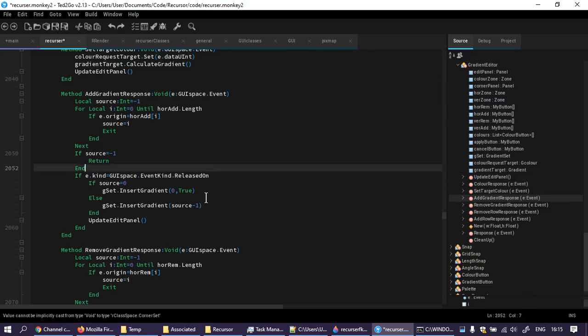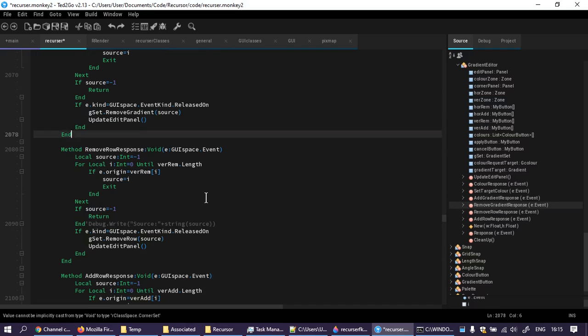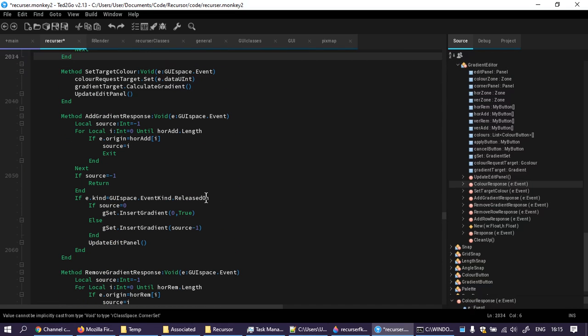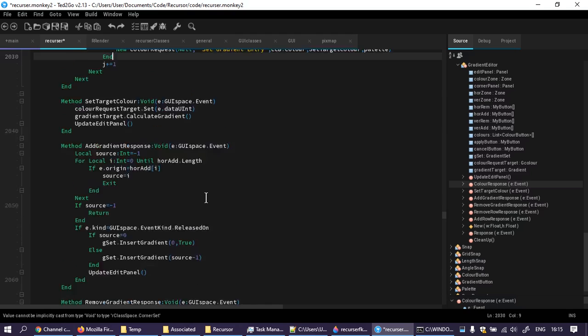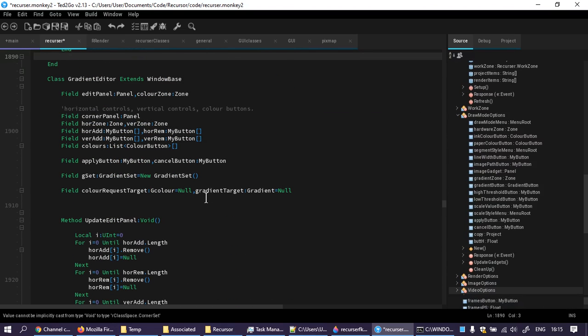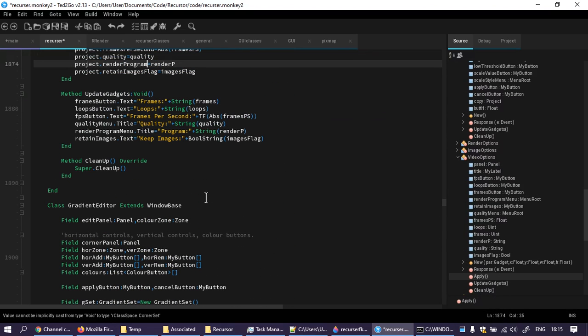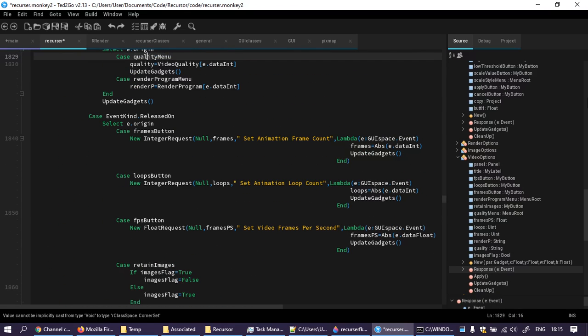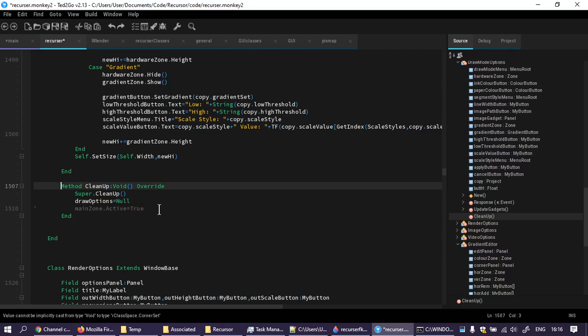There is a bit of logic, I can just put a bit of logic in, because this gadget belongs within the recursor entirely. I can put a bit of logic in that says, check and see if there's any other windows open before you shut everything down. I'm not going to just now. I'm going to leave the gradient set editor. Look at all that logic. Update edit panel, I'm going to leave that one not doing it. Video options, image options, just sections of the render options. I've been considering putting them back into render options. Here though,